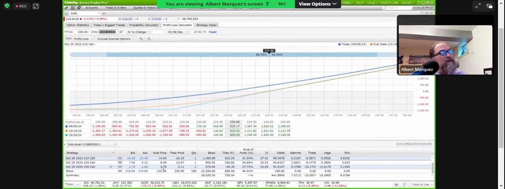What is our time frame? And if it doesn't happen in our time frame, what's it going to look like in this scenario? So again, if you were thinking it could get to 230, maybe you didn't buy the 230 call. Maybe you bought the 225 call or something.